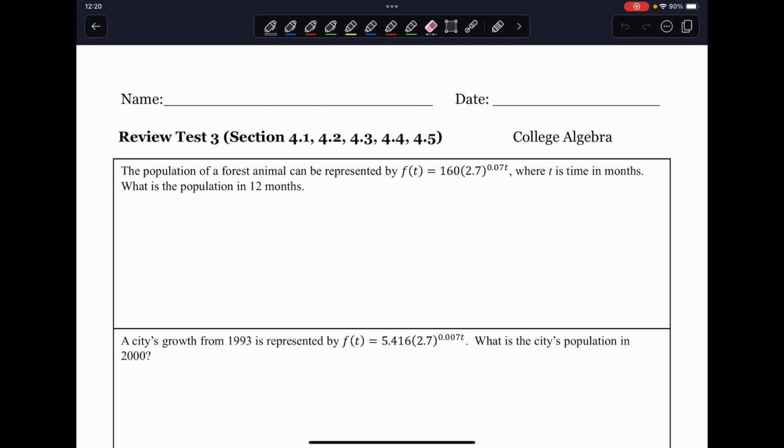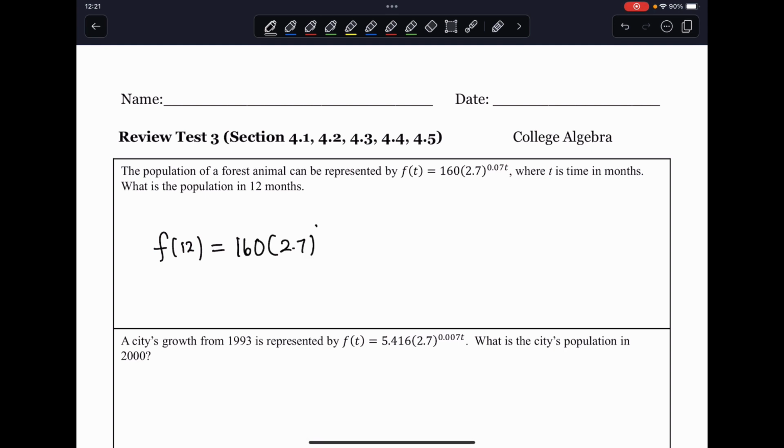In this video, I will go over the review for the third test, which covers section 4.1 through 4.5. Now from 4.1, you're asked to evaluate an exponential expression. So here we have that f of t equals 160 times 2.7 to the 0.07 t power, where t is the time in months. And we want to use this function to determine the population of some forest animal 12 months from that day. So here we're evaluating f of 12, which simply requires us to